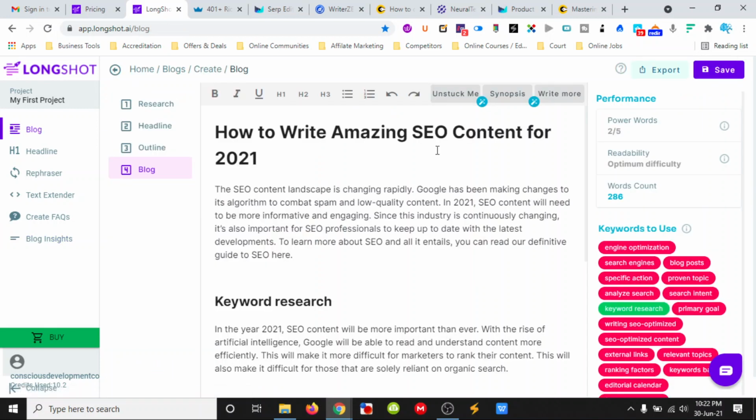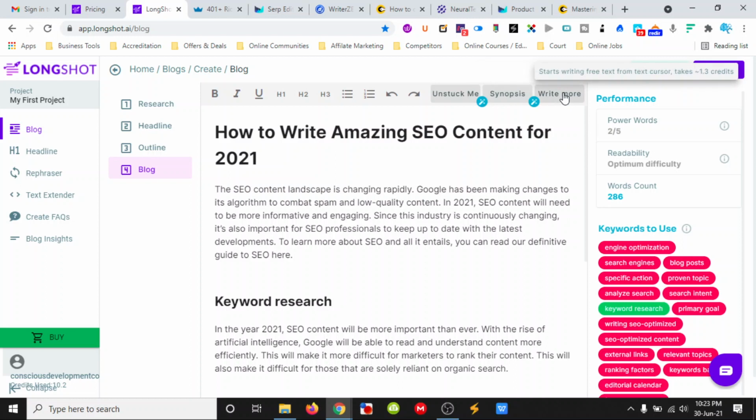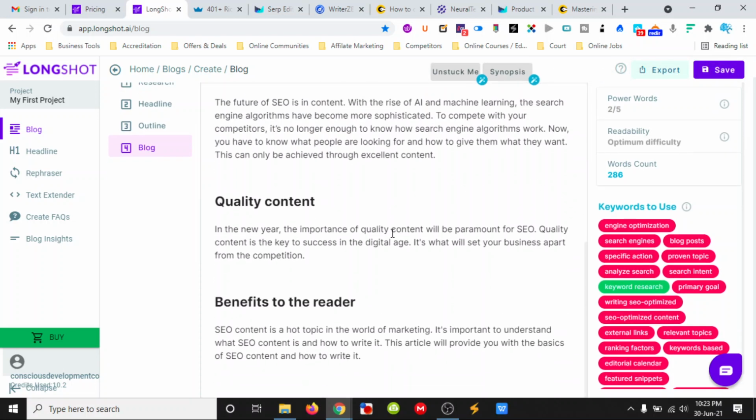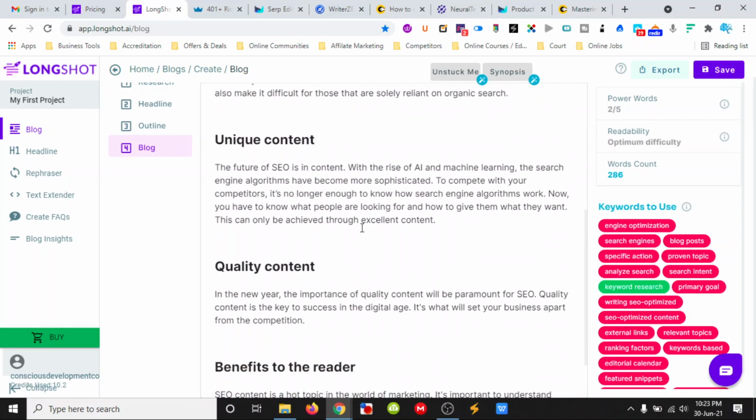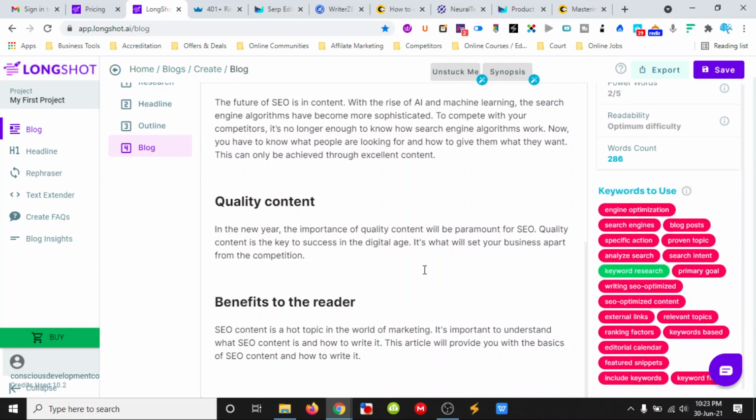I'll have to play around with that again. So it can get me unstuck, get interesting content that may differ from the previous ones. Generate blog synopsis at the end of the blog, so a summary, an outro, conclusion, and start writing free text from the text cursor. Okay, so it seems, what's this based on? Popular articles. I don't know if these have done it. Let's see, if we go and find,